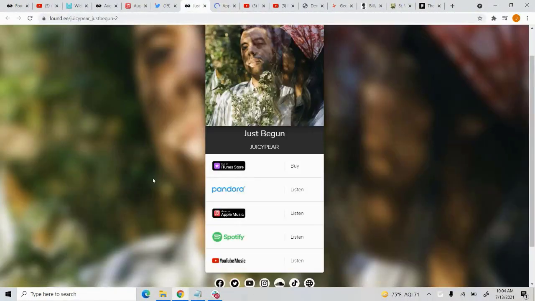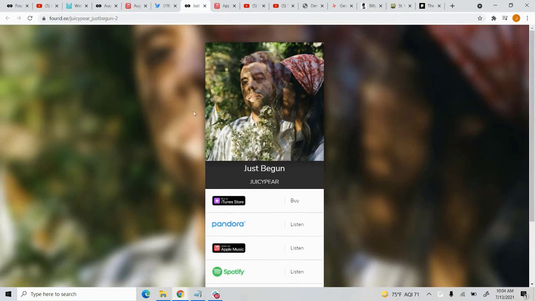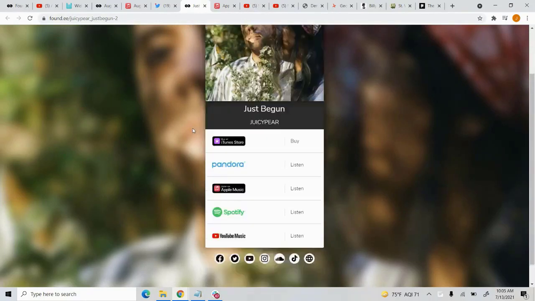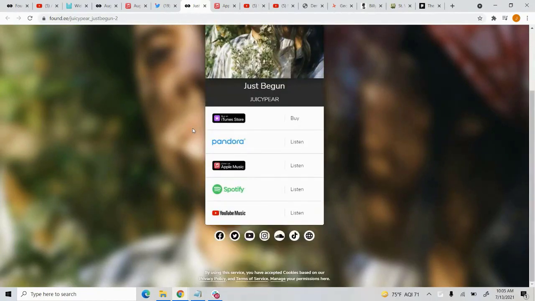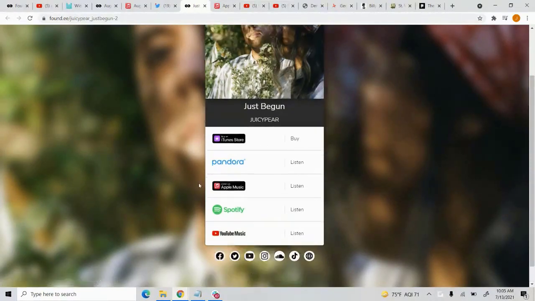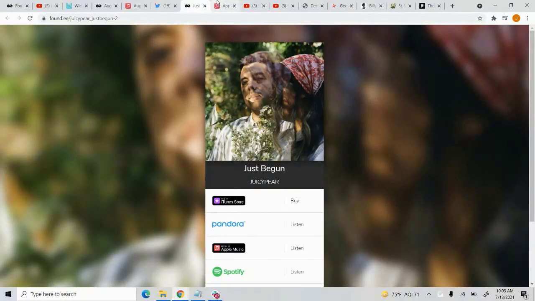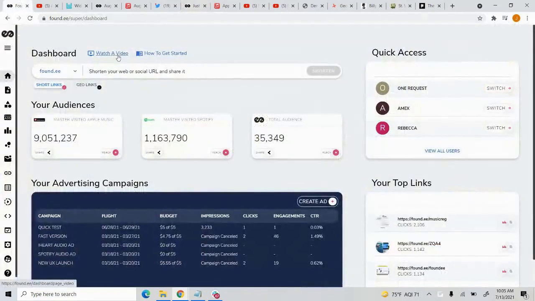And in this case, when you drive somebody to one of your landing pages, you are building out the remarketing audience, but as your fans then choose Spotify or Apple or YouTube, you're sort of self-identifying which platforms they're interested in, which is pretty awesome. And what that does for you is it helps you build out these remarketing audiences. So if I'm clicking on somebody's Apple Music link, whether it's on a landing page or if it's inside of